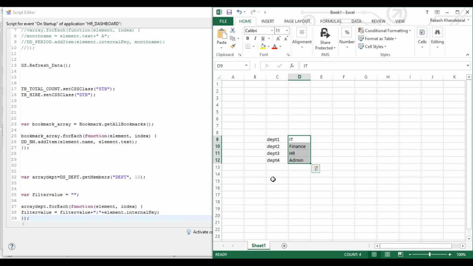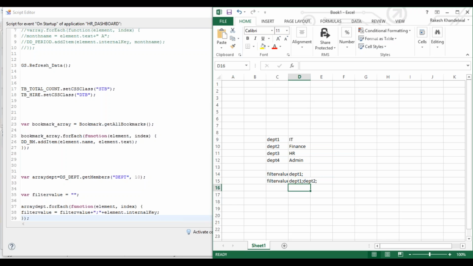And there what we are doing is, for the first time, when we are reading this record, we are adding this department 1 into the filter value. So after the first execution, the filter value will be department 1 colon. After second execution, filter value will become department 1 and department